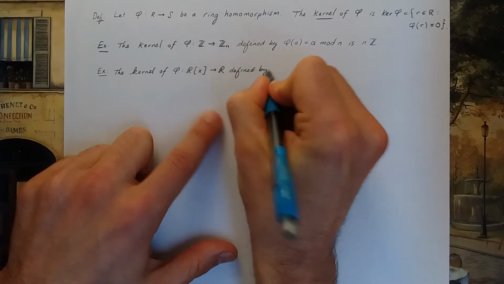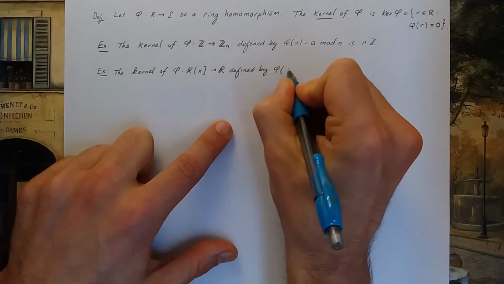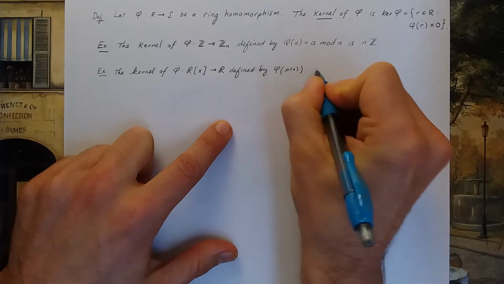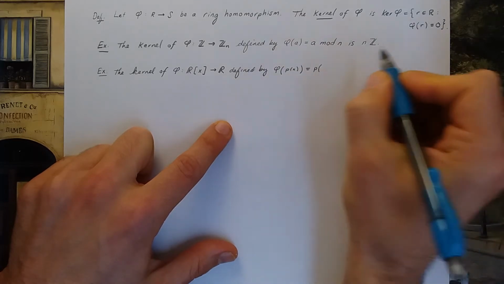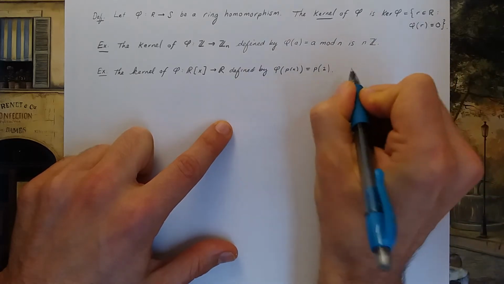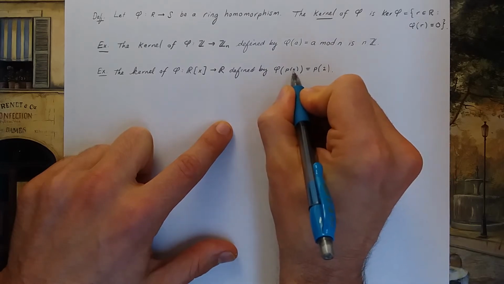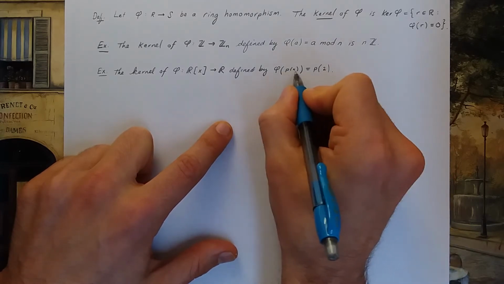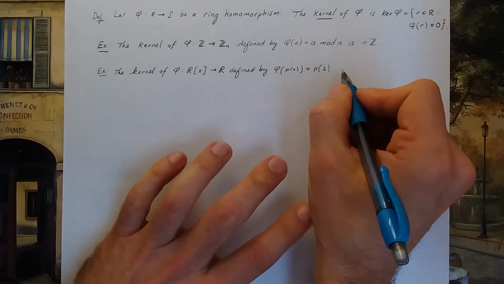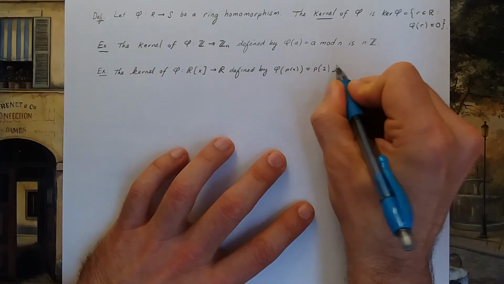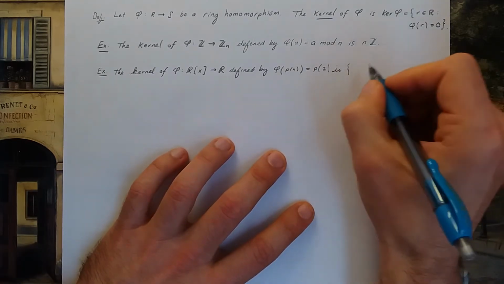Let's say I'm going to define it by phi of a polynomial is p(2). So I'm going to plug in 2 wherever I see an x in the polynomial, sending my polynomial to a real number. This is the set,